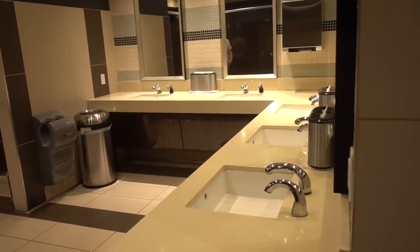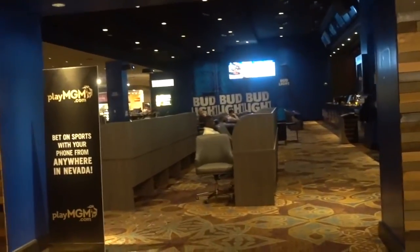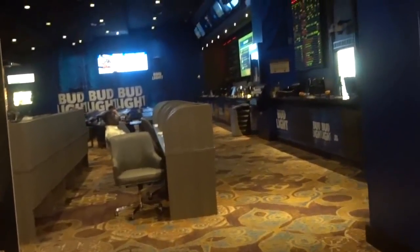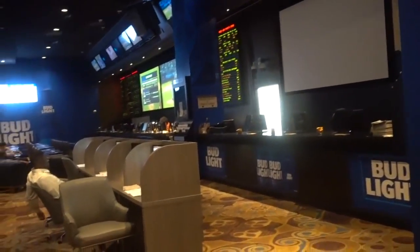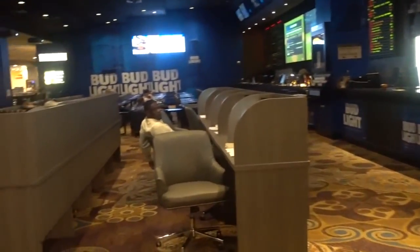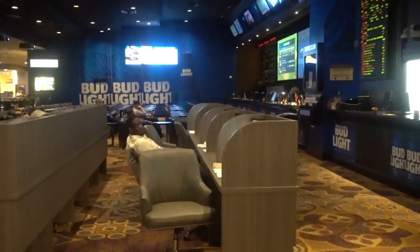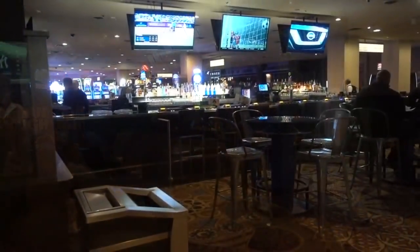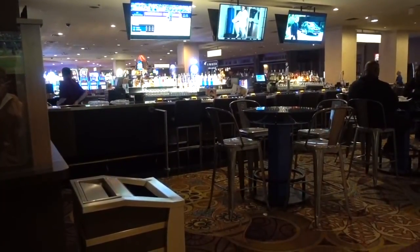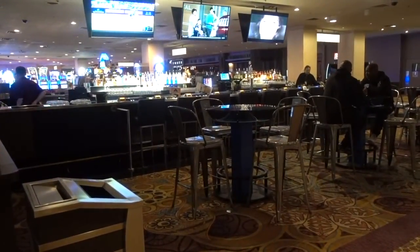Not glamorous, but nice. It says Bud Light Las Vegas, but actually this is the sports book. Came by earlier and there was no one here, but there are a few folks now beginning to enjoy the videos and I guess place their bet. This is the bar that is immediately across from the sports book, and a couple of people have found it